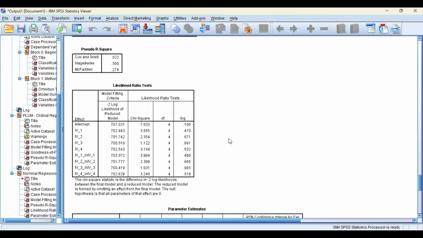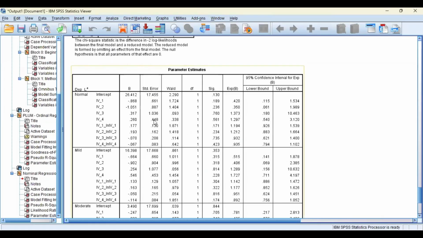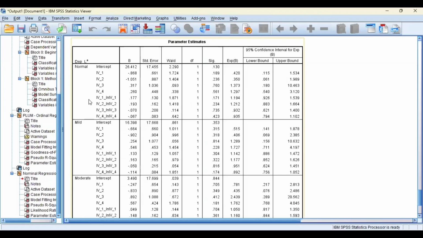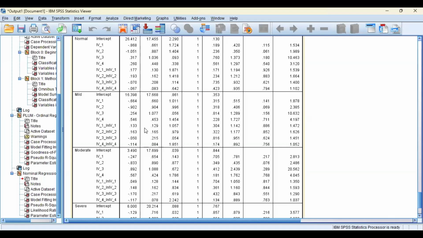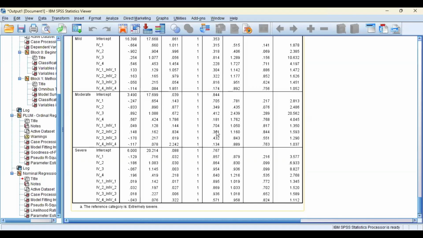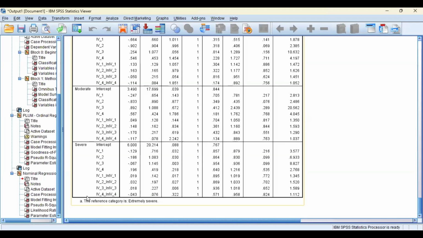And you click on OK. So again, in the parameter estimates for each level of your DV, you just check the significance of the interaction terms. You see that this is all okay for the normal level. Again, the interaction terms' significance is all okay for the mild level. And the interaction terms are all okay, because they are not significant, for the multinomial level. And they are all okay for the